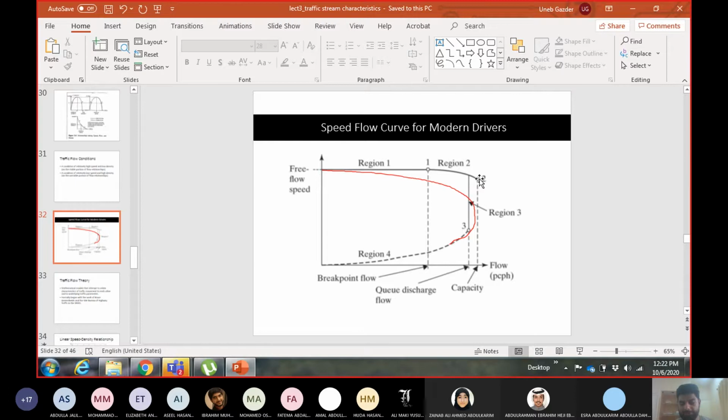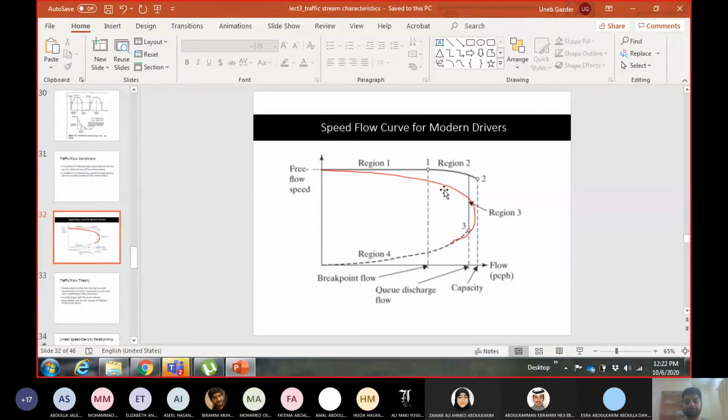Okay, this is aggressiveness. While you are aggressive in terms of your driving, because now we have high speed vehicles, road standards have changed, smoother roads, good quality vehicles, higher safety standards. Okay, so the modern drivers have become more aggressive. They tend to maintain higher speeds and higher flow rates for longer time.